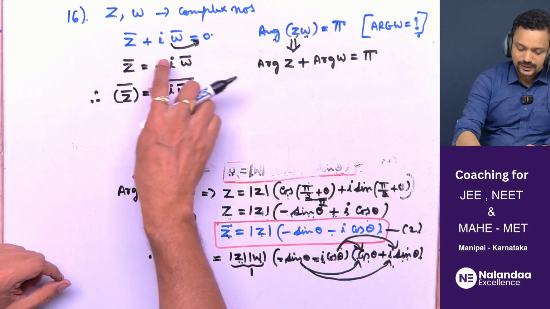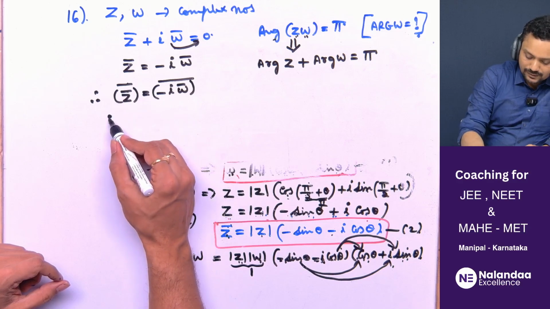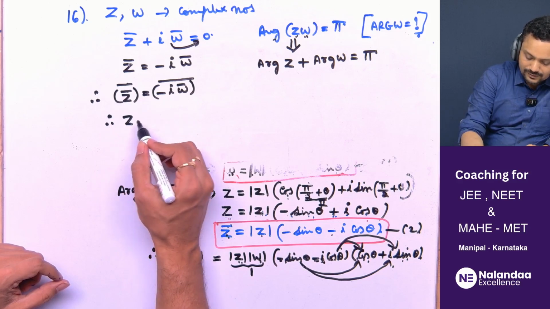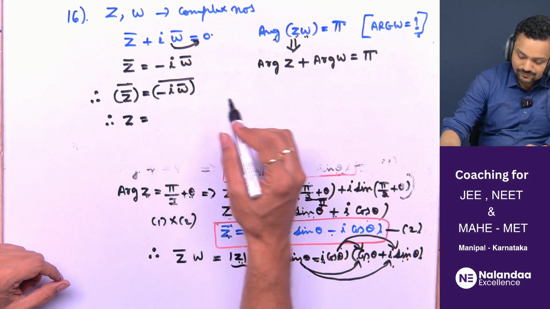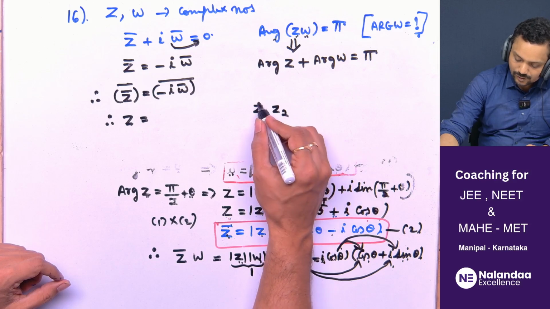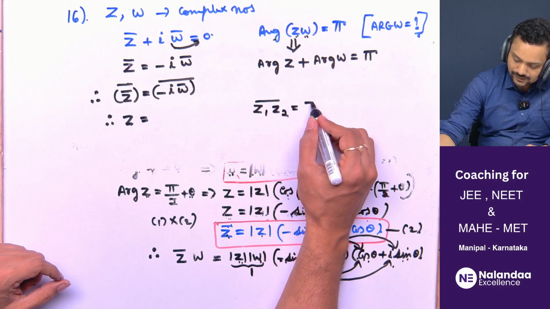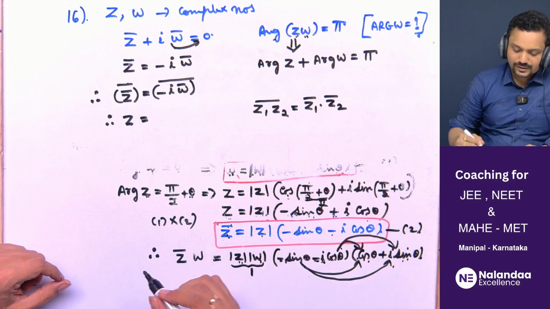So, I will just apply conjugate on both sides. That time z bar, this will become z equal to. Now, this simplification is very important, students. Z1 into Z2 bar is actually Z1 bar into Z2 bar. So therefore,